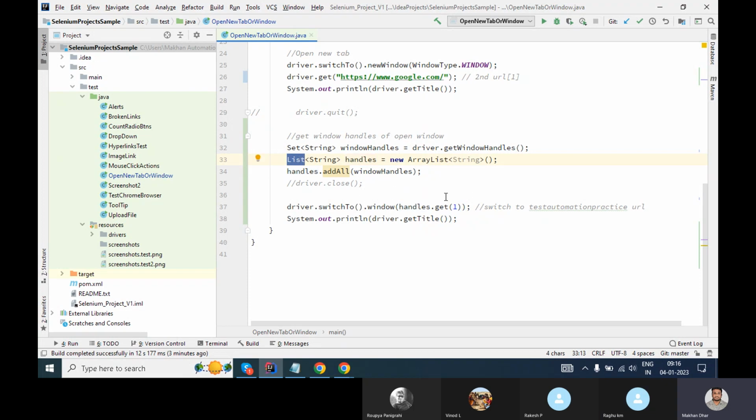Okay, all the windows. Suppose you have 5 windows in total. So we are storing those 5 windows as an array list, as a handles object. And we are calling it here. So if you have 4, 5 URLs open, you can just switch from one to another. Okay, this is what it is used for. So this is the syntax. If you want to handle more than one window,